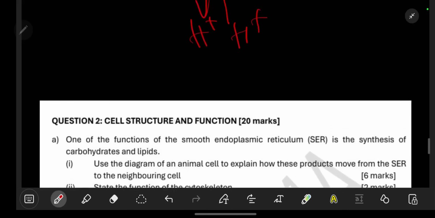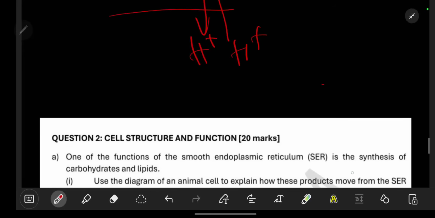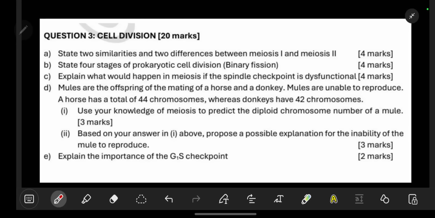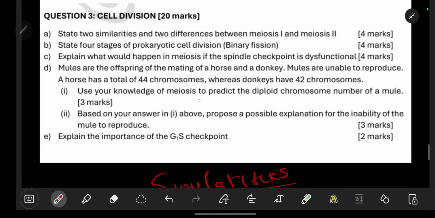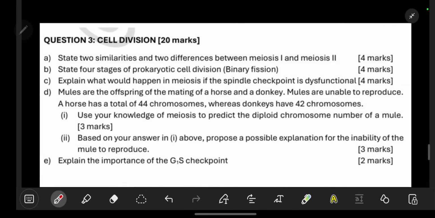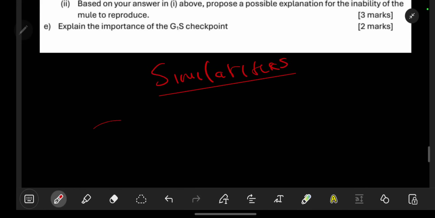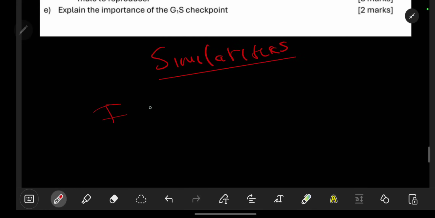So let's move on to our next question. Question 3 states: give 2 similarities and 2 differences between meiosis 1 and meiosis 2. So what are the similarities and differences? Let's begin with similarities. The similarities that we might have under meiosis 1 and meiosis 2 is that both of them,